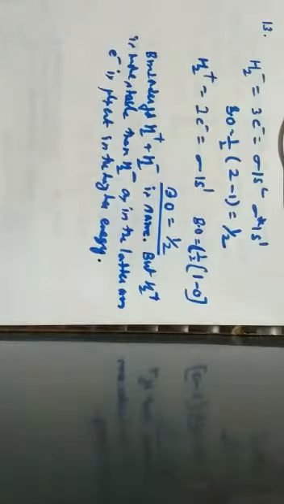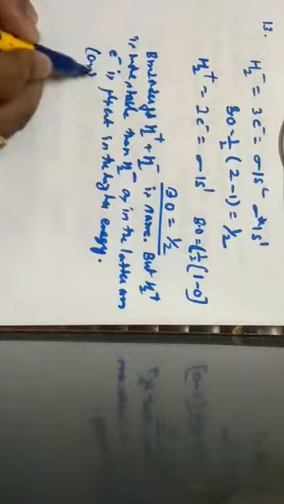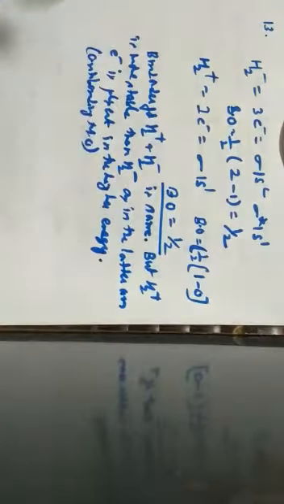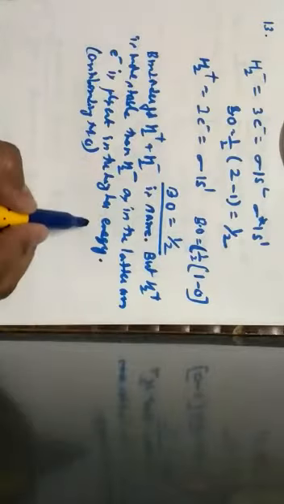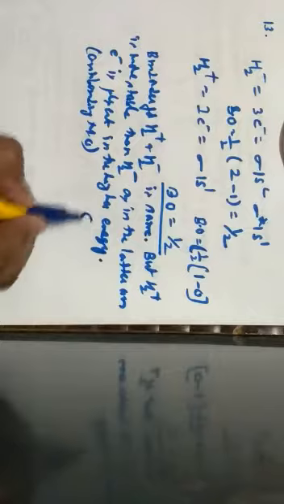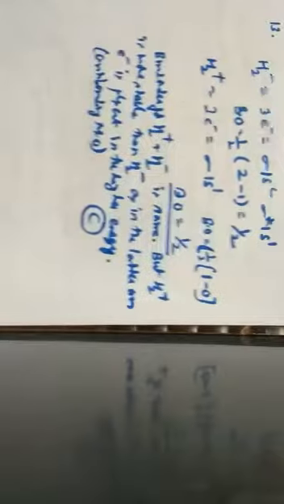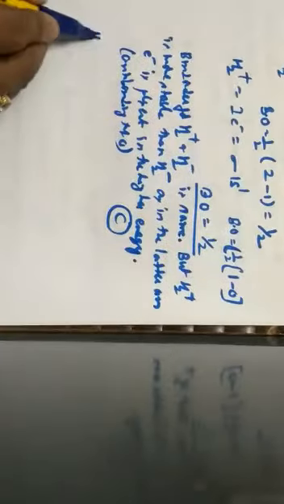So based upon this, I can understand that higher energy means which type of orbital? It is the anti-bonding molecular orbital. So by this I can clearly understand that H2 plus is more stable as compared to H2 minus, which is given by the option C. That is, H2 plus is more stable than H2 minus. Next one, question number 14.